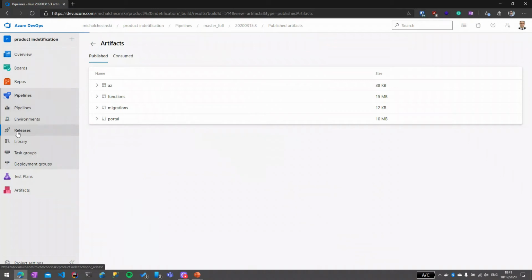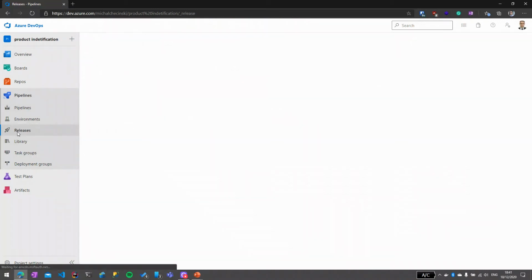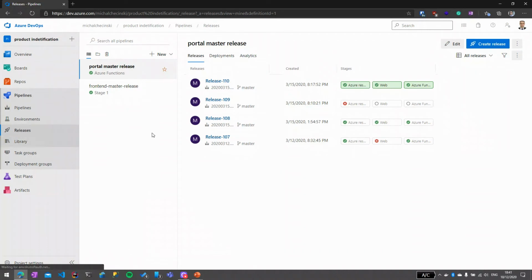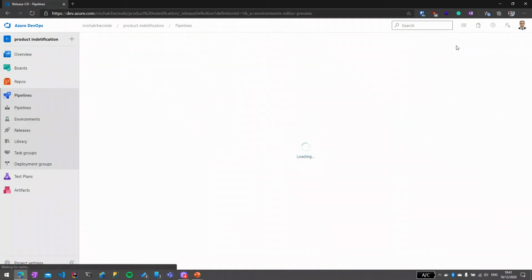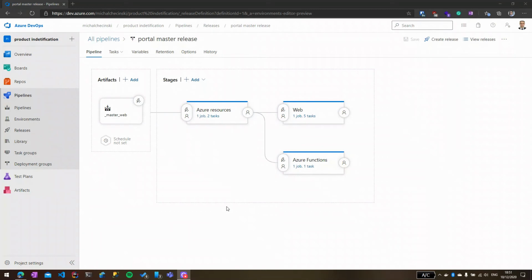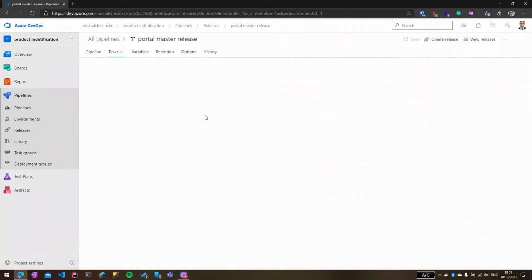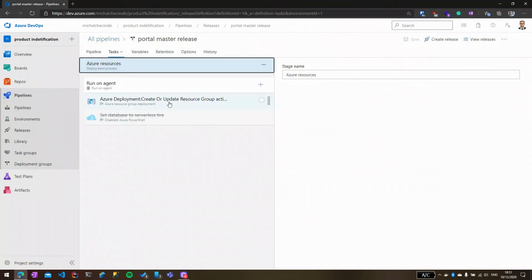So let's go to the releases and see how it works in action. I've got an example release here. If I click edit, we can see, after it's loaded, the editor for the release, and here we can see the 3 stages of the release process. In the first stage, if we go to edit it, we can see